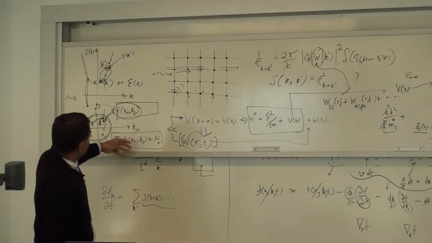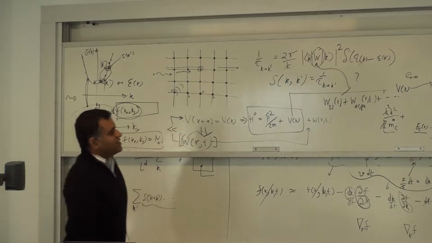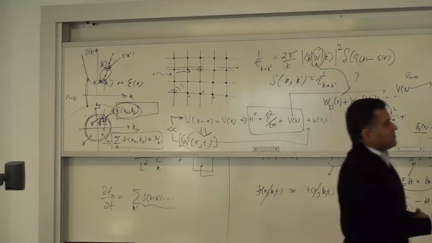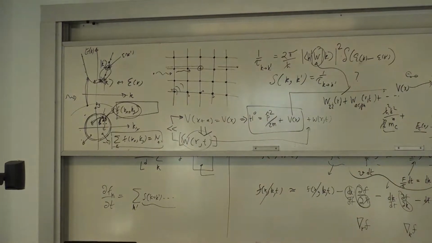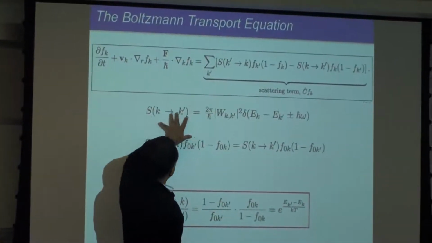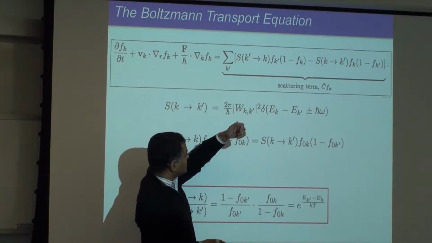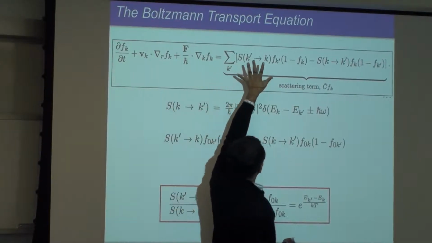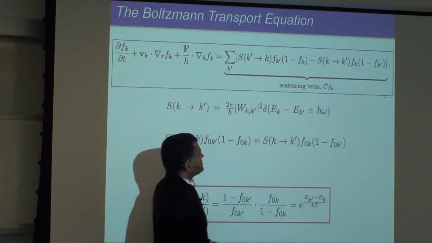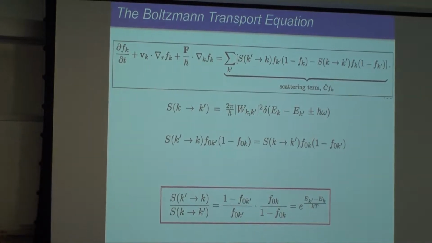But because of all the scattering, because of the fact that the electron is colliding with the crystal, the scattering terms are really not 0. This term and that term are not 0. Does that make sense? This is a really important result. But